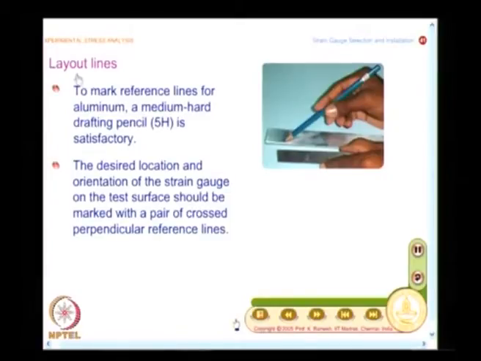The idea of putting the layout lines is to mark the desired location and orientation of the strain gauge to be pasted. A strain gauge comes with a carrier which has marks. These marks have to be aligned at the point of interest. For you to align the strain gauge, you need to have layout lines.